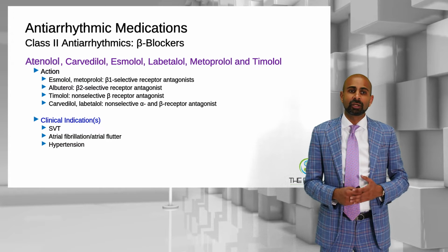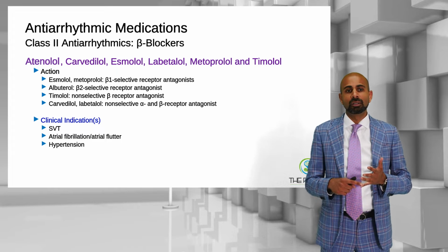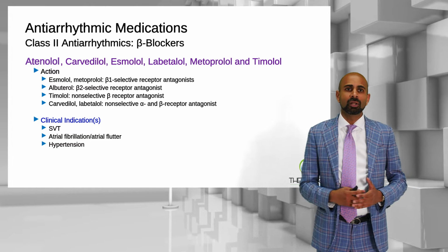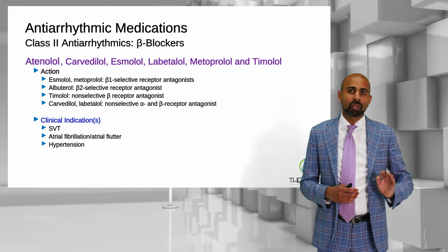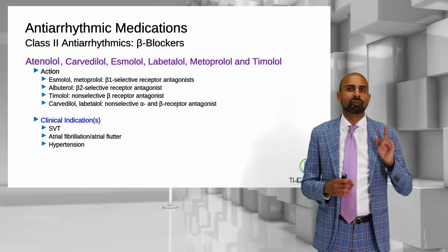The beta blockers here are albuterol, carvedilol, esmolol, labetalol, metoprolol, and timolol. So let's talk about these drugs and their specific actions. Esmolol and metoprolol are beta-1 selective receptor antagonists. Esmolol is very short acting, so it's never going to be the right answer if they ask you for maintenance